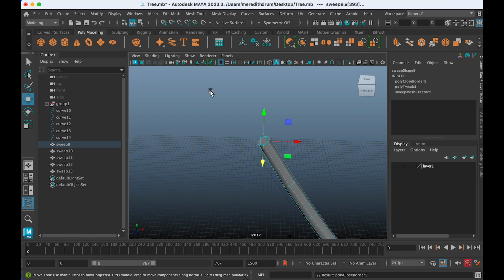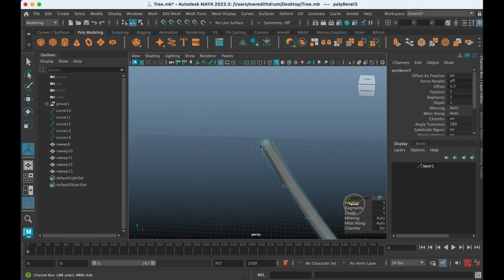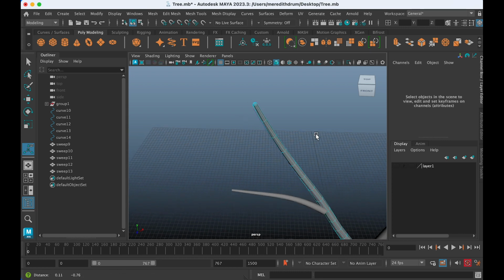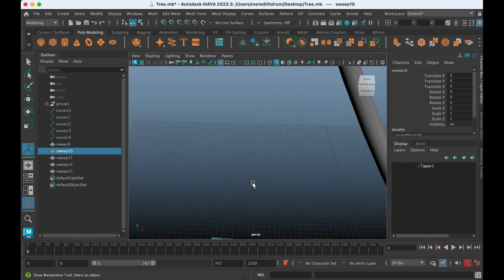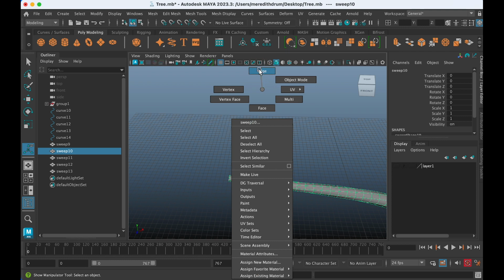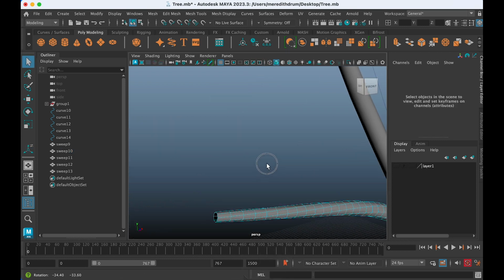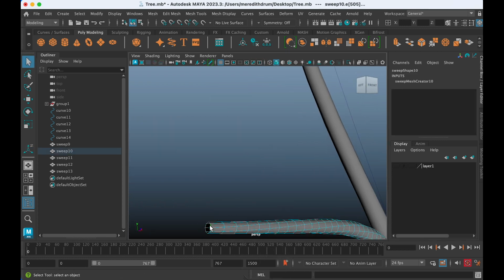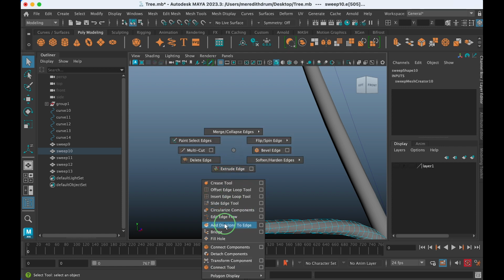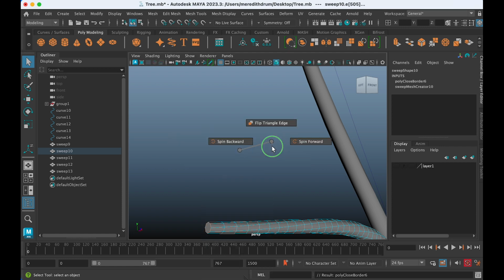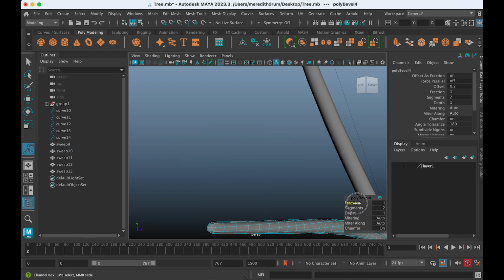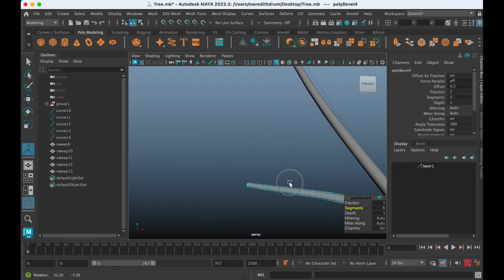So, and then before you leave that alone, let's do that again. Shift right mouse click, and we're going to use bevel edge. And then I just want you to play around here with the amount of bevel, because you can see there that you can make your branches a little nicer in terms of just the kind of look of them. So you could go around there and keep doing the fill hole and the bevel. Whoops. Let's undo that bevel edge, and then you can add some more fragments, some more sections.